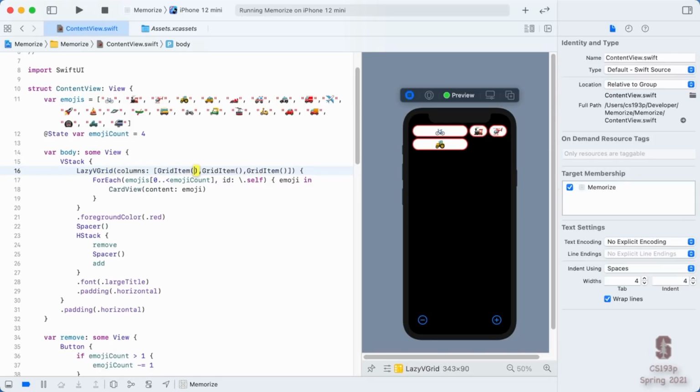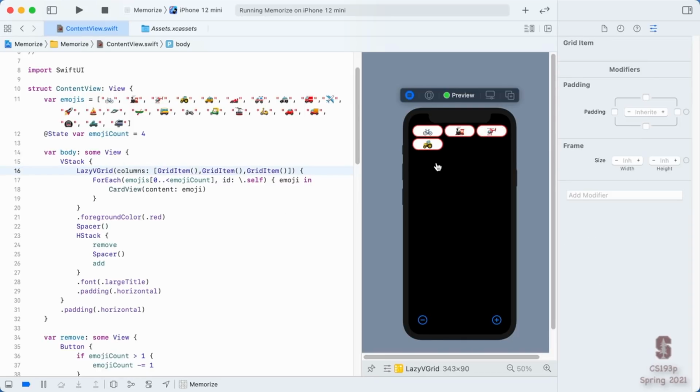And we're going to try and understand what's going on with our UI here because the cards have changed shape. They're kind of these short little guys. They're wide, but they're short. They don't really look like cards much anymore, although they didn't look much like cards when they were in HStack either. They were really tall, way too tall for being cards. And why is the LazyVGrid doing this? Why is it making them this size?